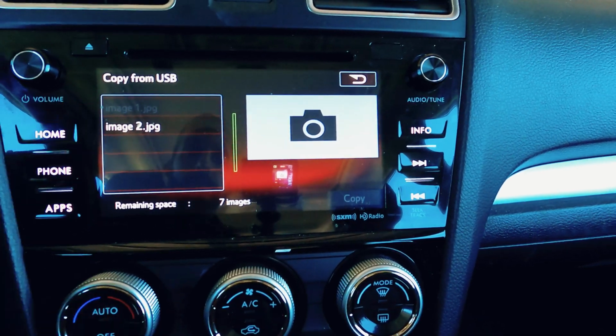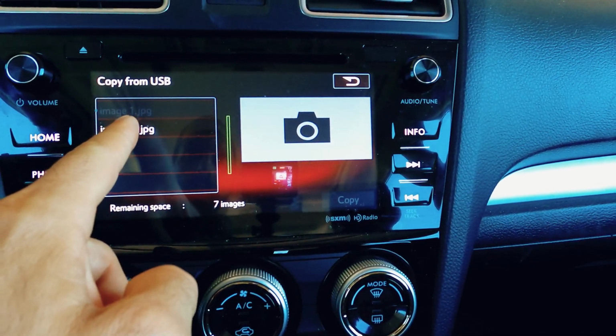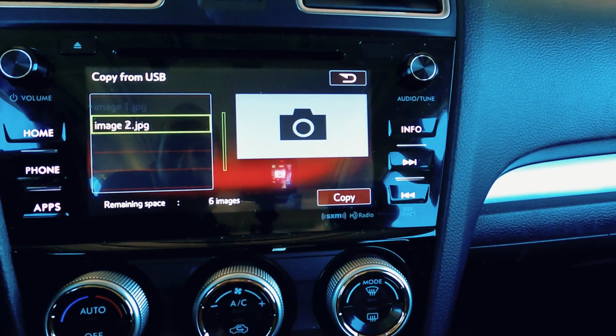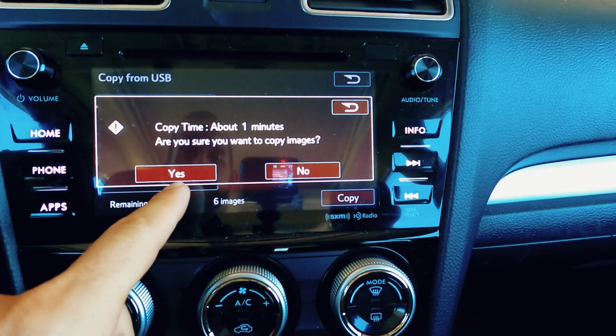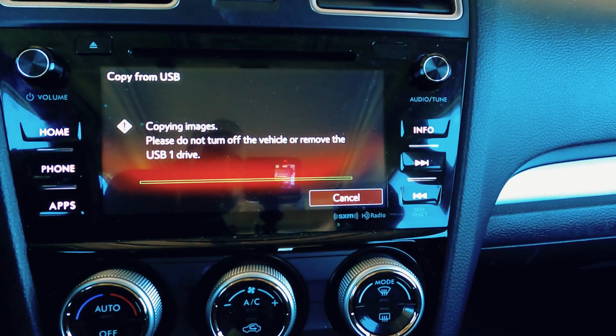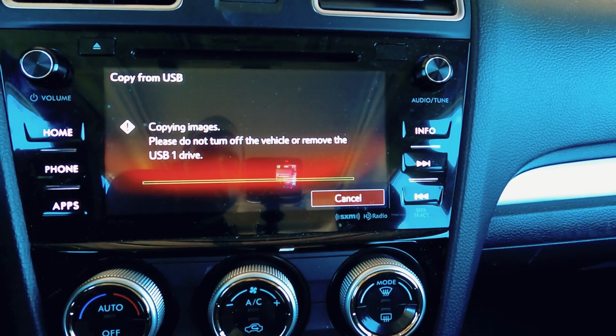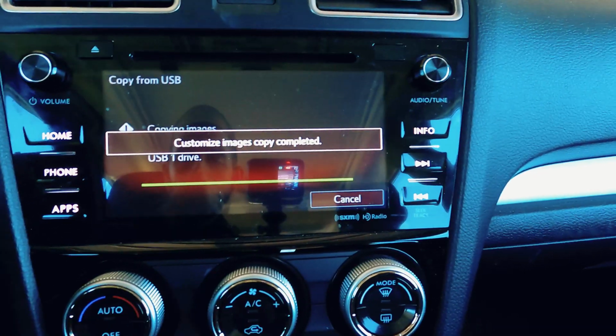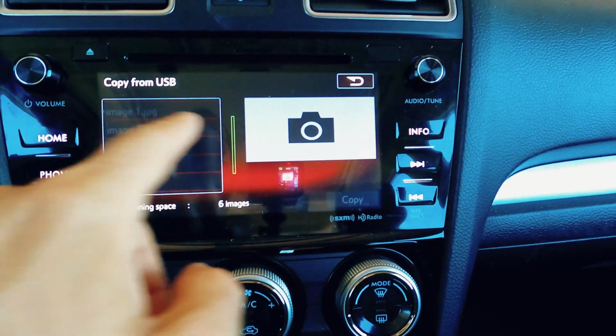All right, we've already copied image 1 over. That was the one at the beginning of the video. We're gonna do image 2 and hit copy. It says it'll take a minute, but it's not gonna take a minute. All right, let's copy it over. And now we go back,